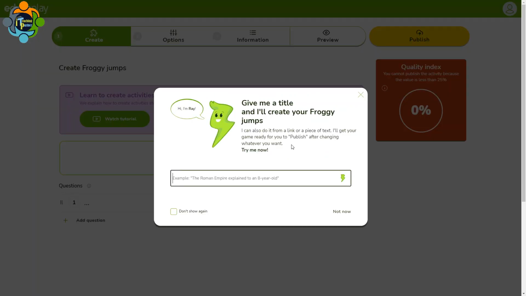This is like artificial intelligence which can create the quiz or the game by itself. Just give the topic and it will create. Or you can also create your own questions, or it can be hybrid. For example, you can take the questions from Ray and also add your own questions. So let me try something here. I'm writing life cycle of a star for a student